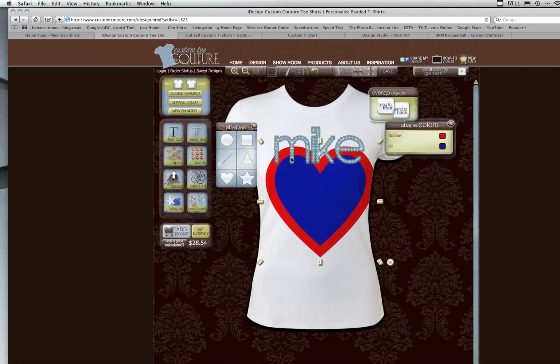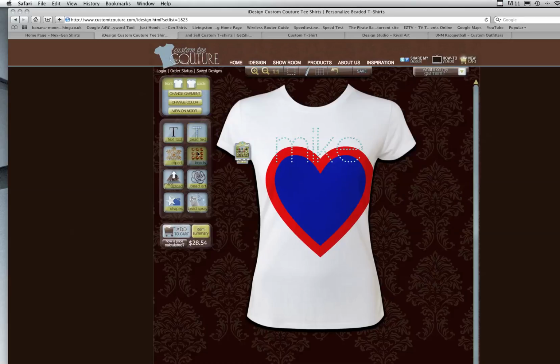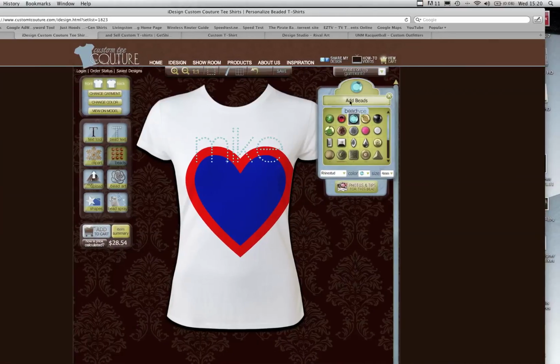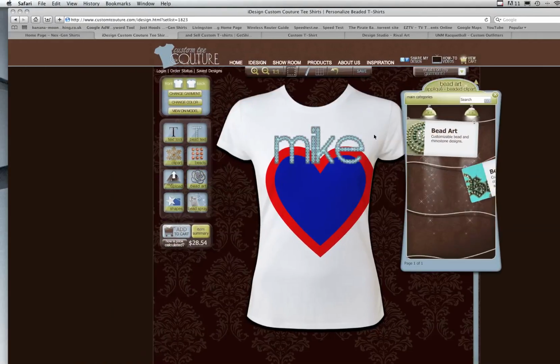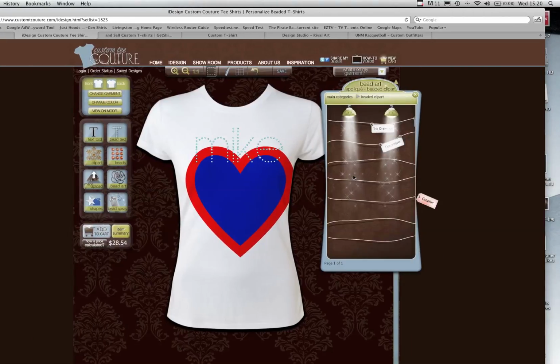For our part, clip art, yes, we're going to need. The bead tool that they offer, this is something that isn't needed so much. We have the text beads. We will definitely have text, and we have shapes that are going to be done in beads and rhinestones. This bead tool just seems to be rehashing something they've already looked at. And when we look at bead art, again, this is a feature that lends itself more towards embroidery. So perhaps for our case, this part of the design will be better kept for the embroidery software and not